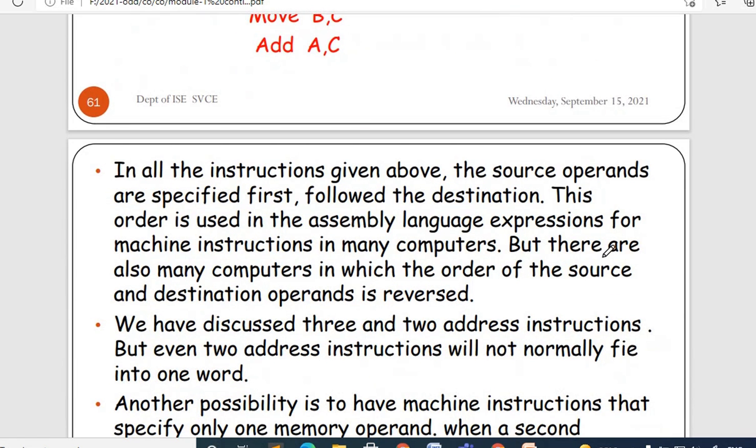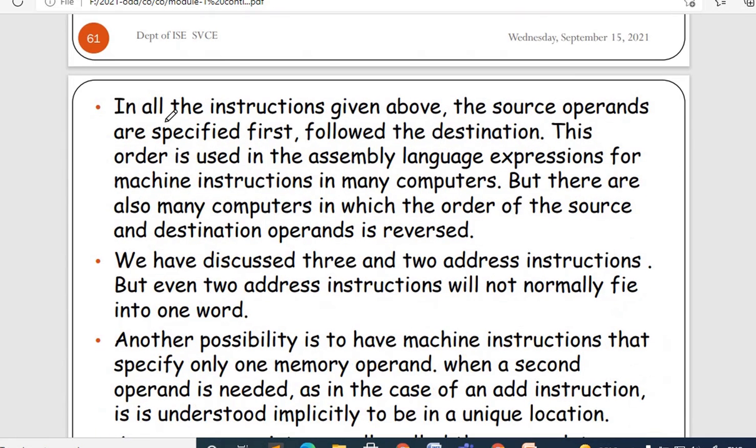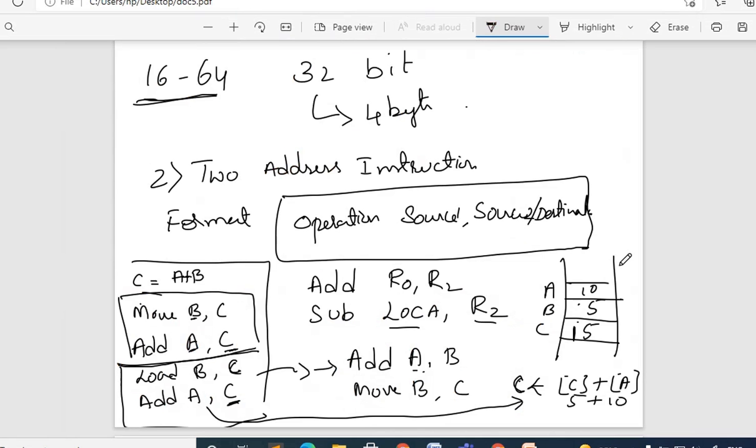So in this case also, whatever the operands are, it is specified. In all instructions given above, the source operands are specified first, followed by the destination. This order is used in the assembly language for machine instructions in many computers. But there are also many computers in which the order of source and destination operands is reversed. Yesterday I told you, always remember in this subject which is the source and which is the destination.